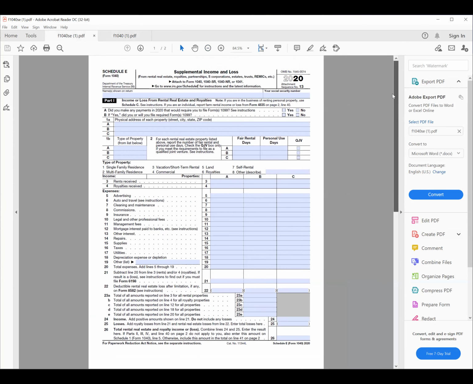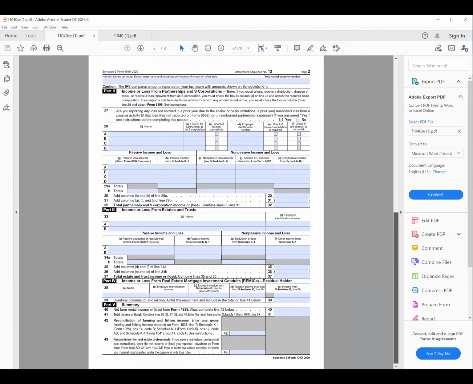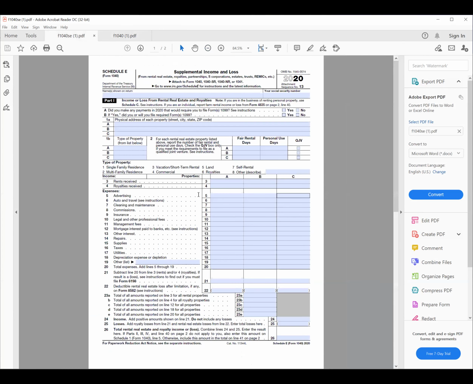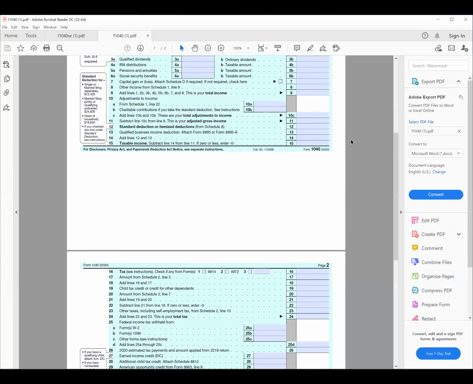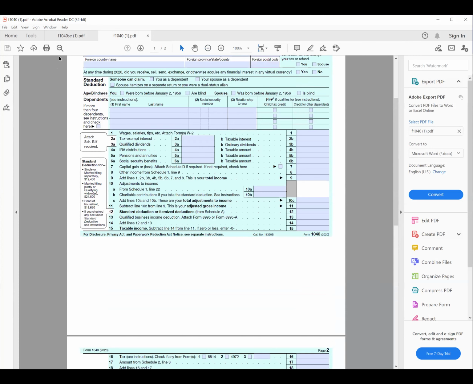It's on the first page of the Schedule E. It's not going to be on the second page of the Schedule E, where the K1 income gets reported. We want to make sure, look on their first page of their Schedule E and see what's going on there. Because if we look on the tax returns, it's going to show Schedule E income. We just want to make sure that we're getting it from